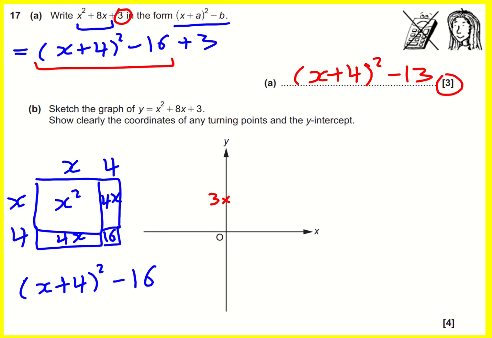I know that it's going to be a happy quadratic because it's x squared. It's going to look a bit like this. I've drawn the face, but it's not actually going to have a face. A sad quadratic would be like this. I think I've focused too much on the face here. It's actually this curve that I'm interested in. Now I don't know if it's going to come down like this or if it's going to come down like this. So we need to really focus on the turning points, and that is where completed square form comes in,